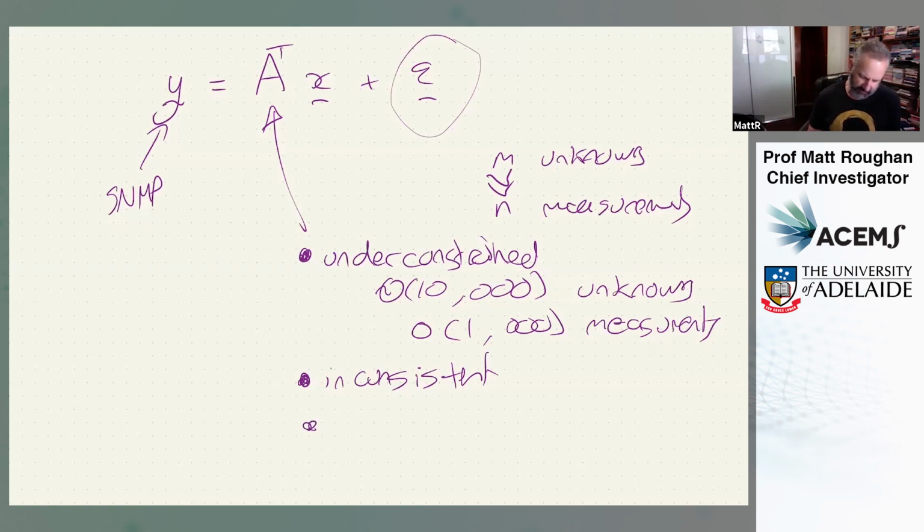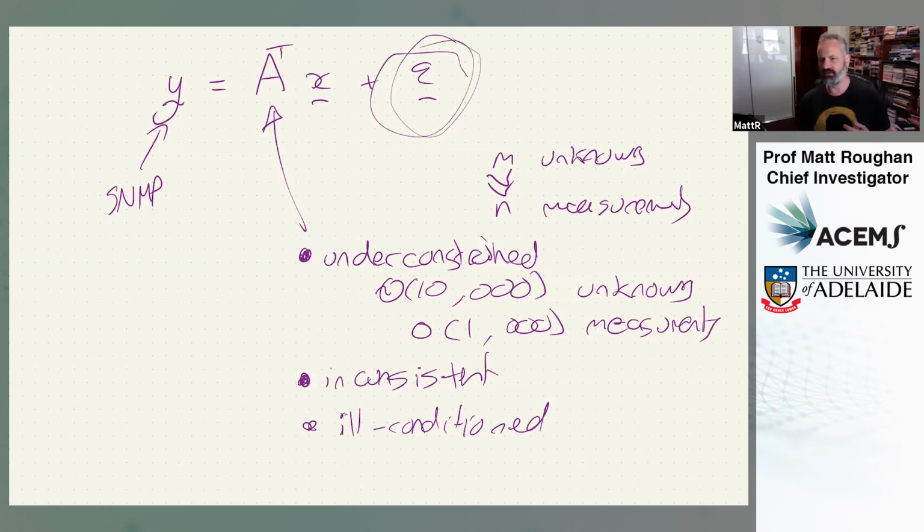It can be ill-conditioned. What does ill-conditioned mean? Well, it means essentially that naive ways of trying to solve this are sensitive to small errors. And remember these errors we have here. If we have small errors and they feed into the solution in some way and get amplified, that would be really bad. So we have to deal with all of these things together, and that's kind of ugly.